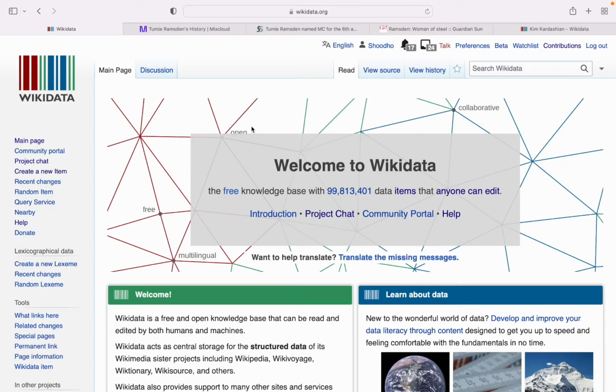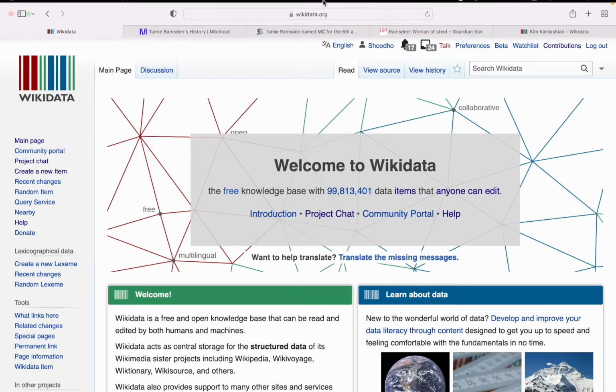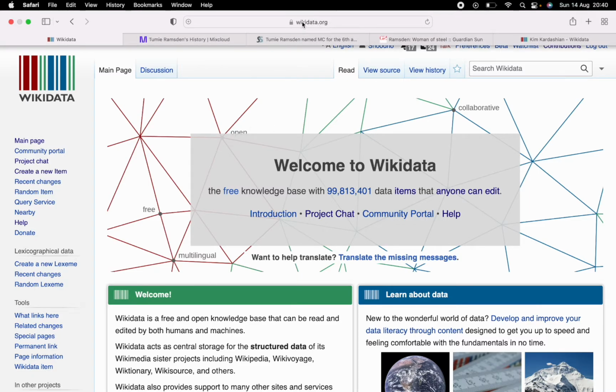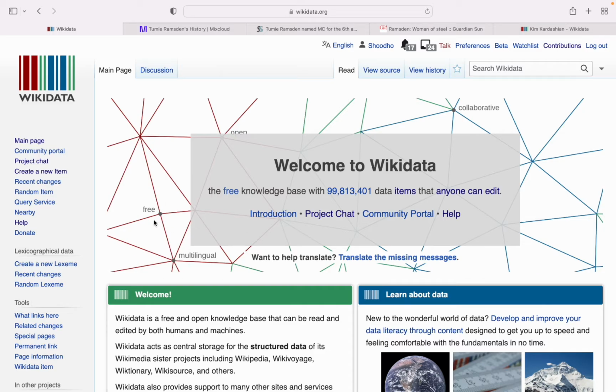Guys, I'm going to show you how to edit on Wikidata. The first thing you'll have to do is type in your URL, wikidata.org, as you can see here at the very top. Then you'll have a web page like this. Make sure you log in with your Wikipedia credentials, and then you'll see your username somewhere here. What we're going to do today is help you understand how to edit a new item